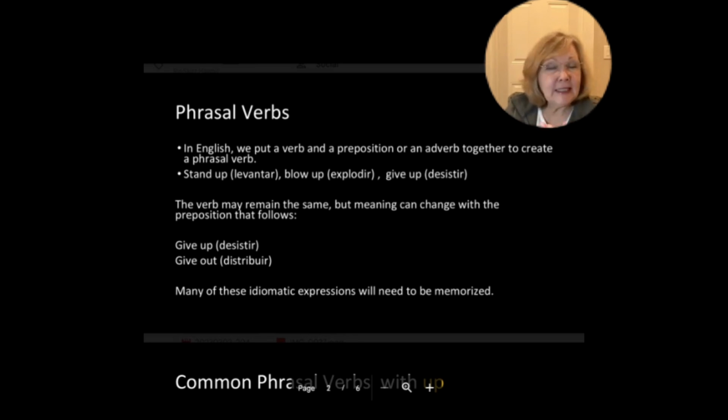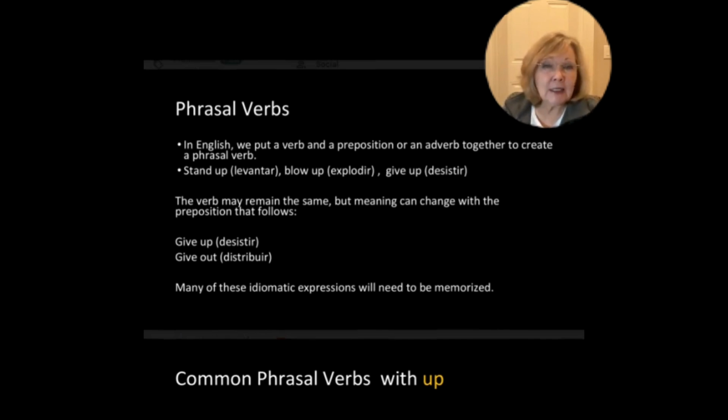You probably know stand up, levantar, blow up, explodir, and give up, desistir. The verb may remain the same, but the meaning can change with the preposition that follows. For example, you have give up, which means desistir, not dar. Give out is distribuir. So you can see two different meanings, both with the verb give. Most or many of these idiomatic expressions will need to be memorized, but with knowing what these mean, you will